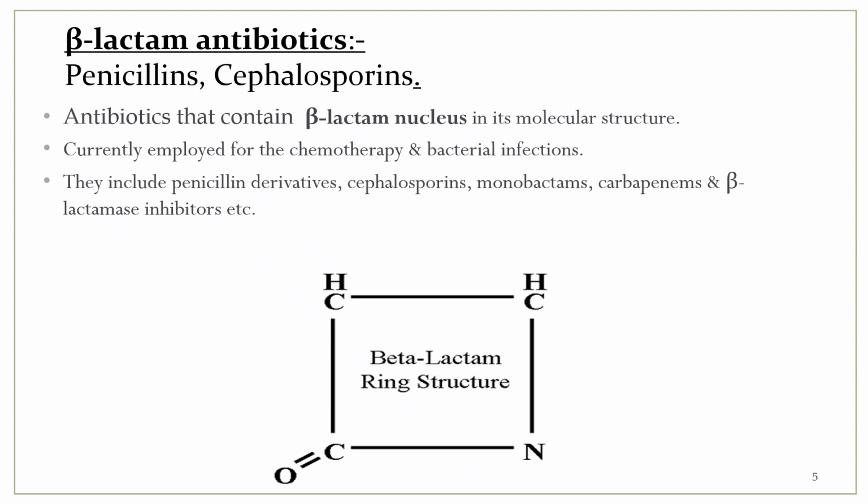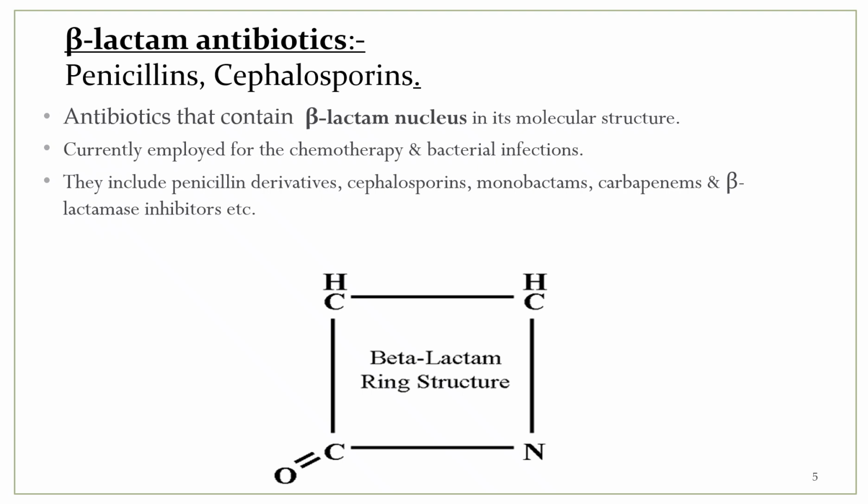So what is a beta-lactam nucleus? As you can see in the structure, it is a cyclic amide. It's a four-membered cyclic amide, and those antibiotics that contain the beta-lactam ring structure constitute the dominant class of antibiotic agents which are currently employed for chemotherapy of bacterial infections. Okay, so penicillins and cephalosporins are the important ones, and we also have